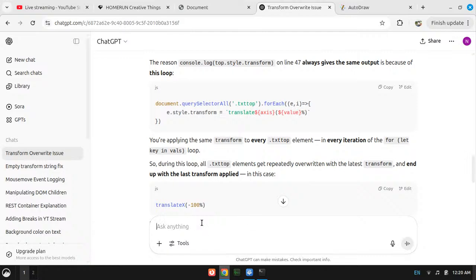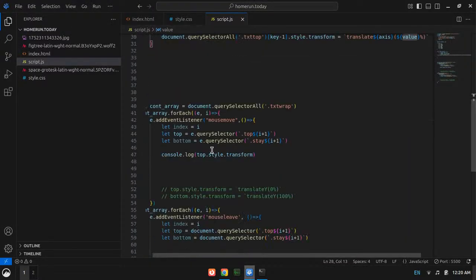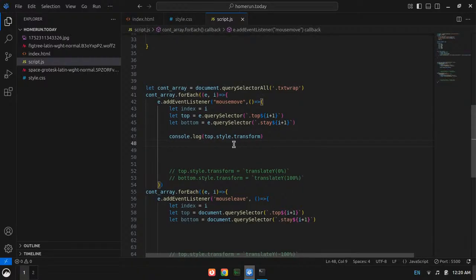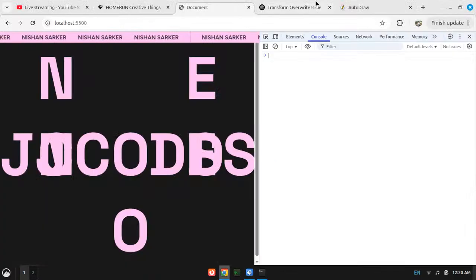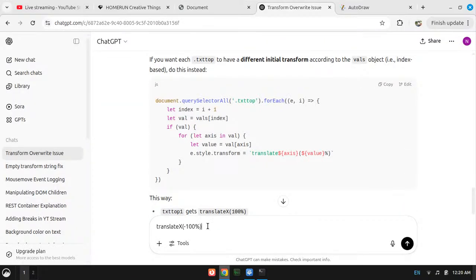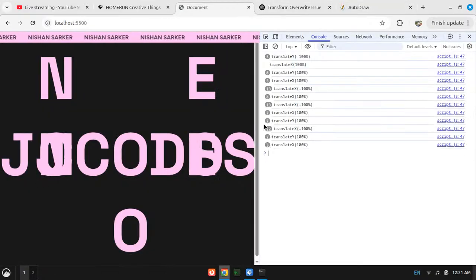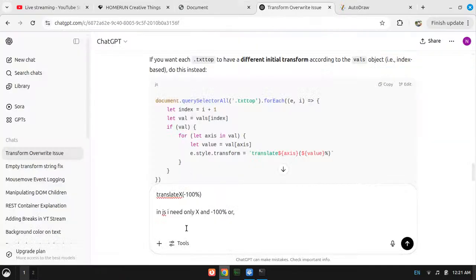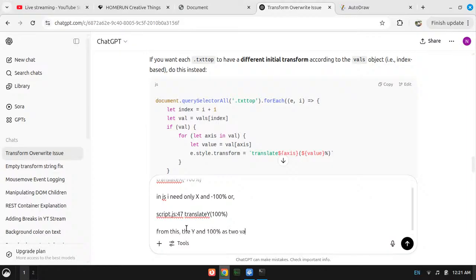Okay, now what do I need? What would I do? Now, since I have the thing, okay, in JS I need only x and minus 100%, or from this the y and 100% as two variables.